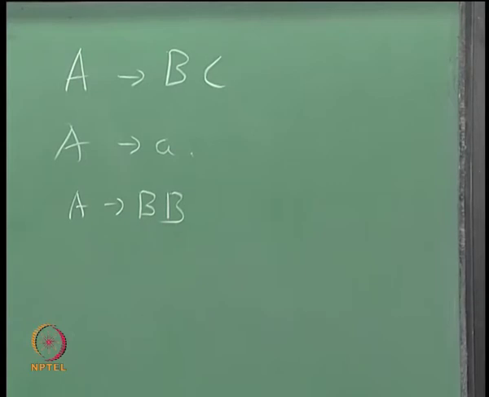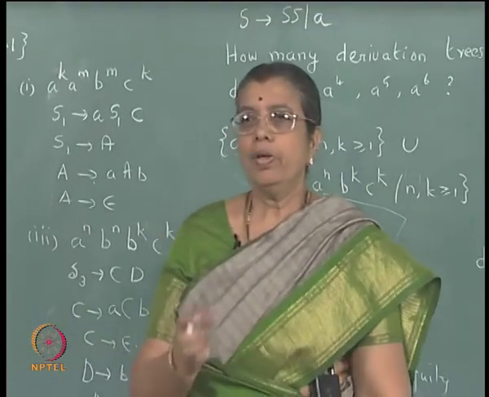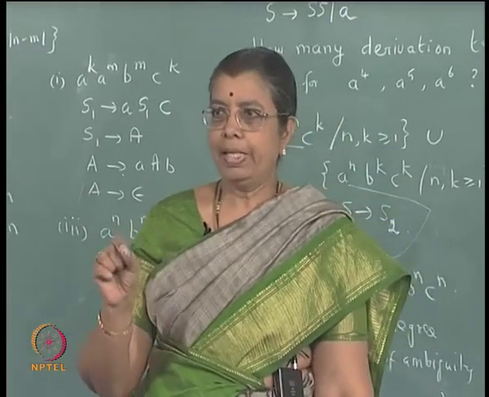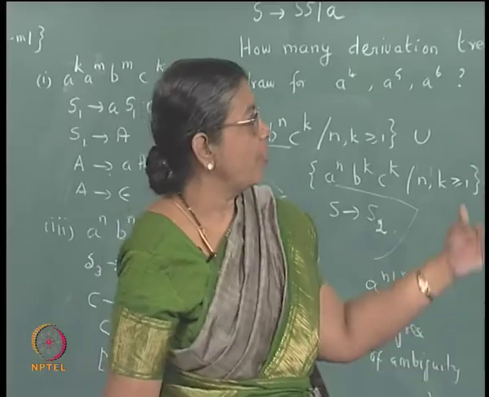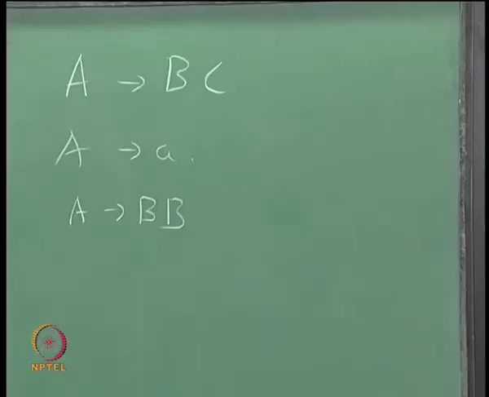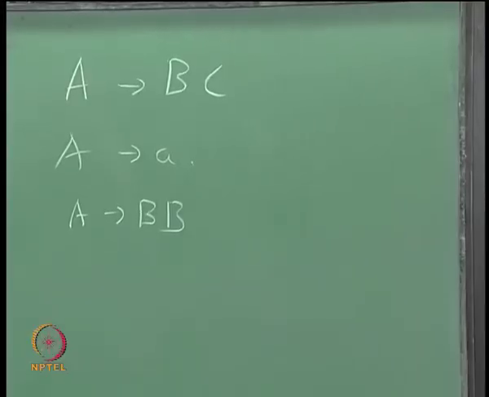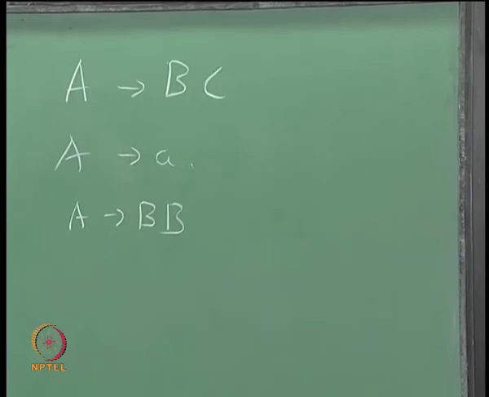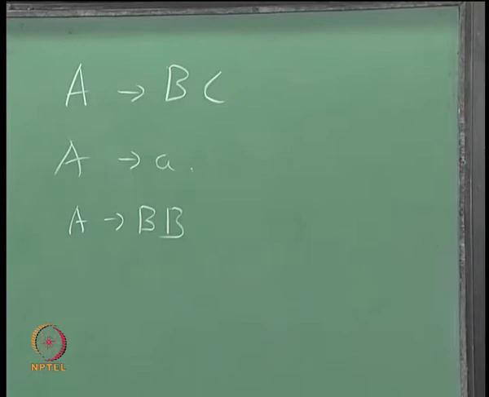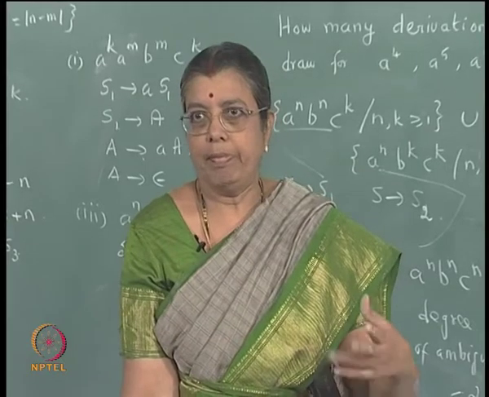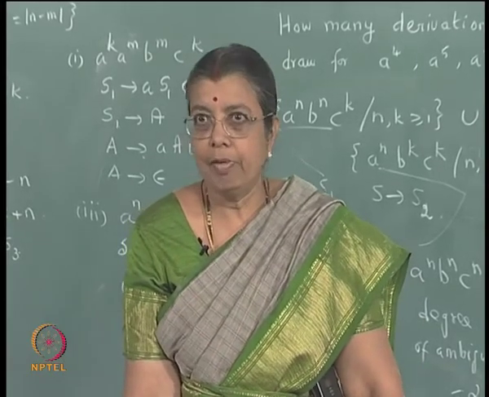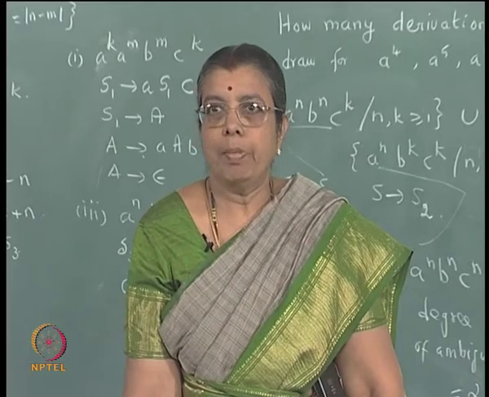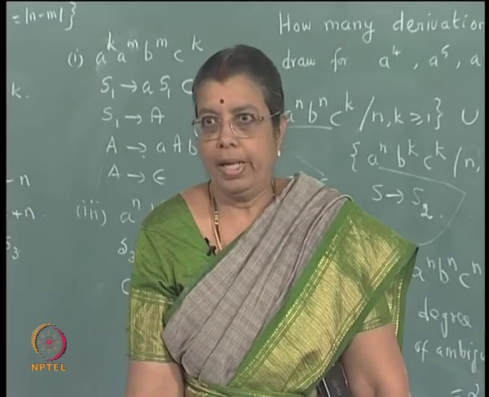Now, of course, given a particular grammar, you look at the rules and keep on replacing one of them. If you have a rule of the form A goes to BB, replace one of the B's as B1 and then proceed and so on. For a particular grammar, it is easy. There may be say 7 or 8 rules, you can do that one by one and keep on eliminating. Ultimately, we will be able to do it, there is no problem about that. But you have to prove that, right.